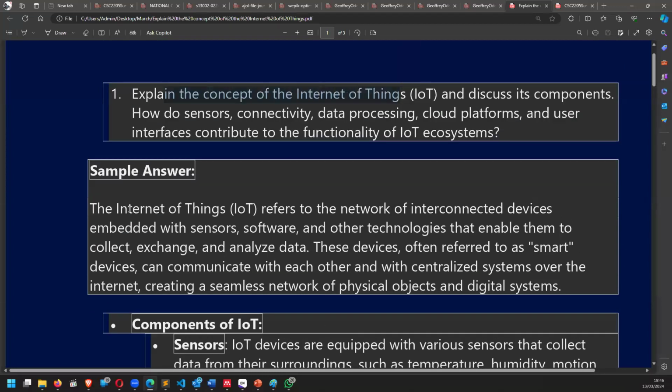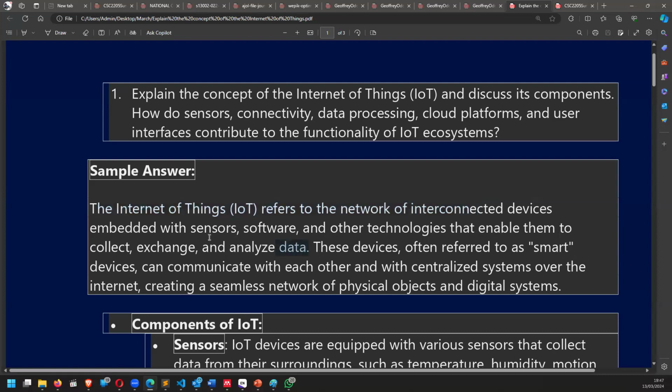You need to define Internet of Things. Where you say Internet of Things refers to a network of interconnected devices embedded with sensors, software, and other technologies that enable them to collect, exchange, and analyze data. These devices, often referred to as smart devices, communicate with each other and a centralized system over the internet, creating seamless